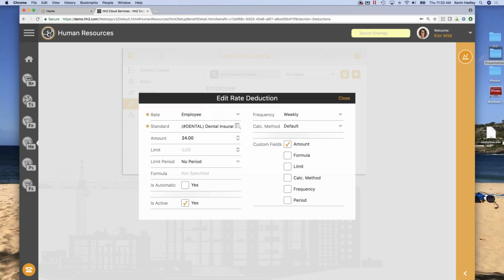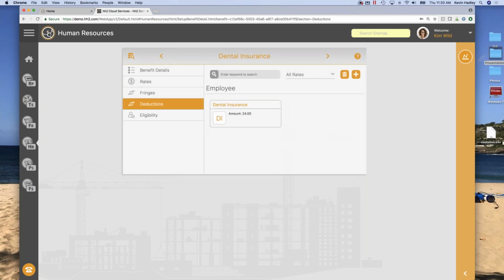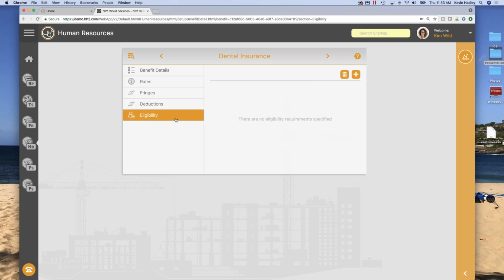What's your calc method? Again, this starts getting into the weeds a little bit, maybe more than all of you on this demo need to know and understand. But I like to show it because the screens are very easy, fast, and quick to get to. So I can specify what the eligibility requirements are, and that's probably why this one isn't showing up, because I don't have any requirements on it, because of the new site.